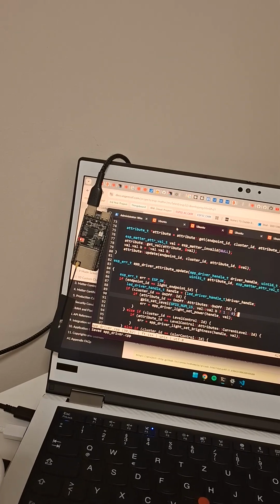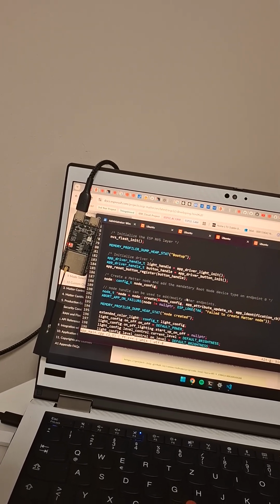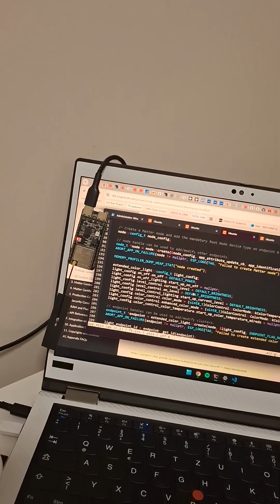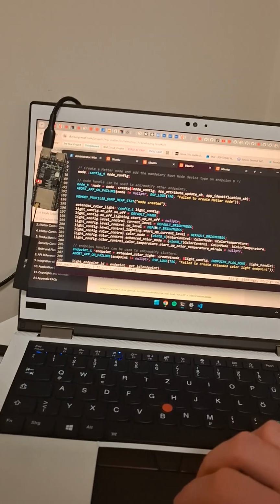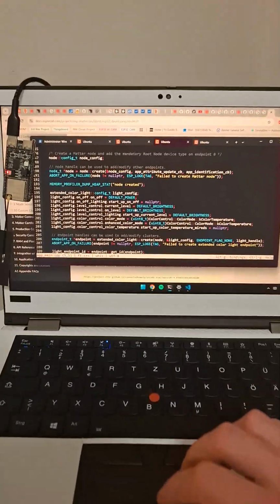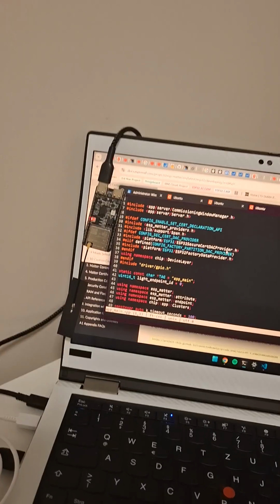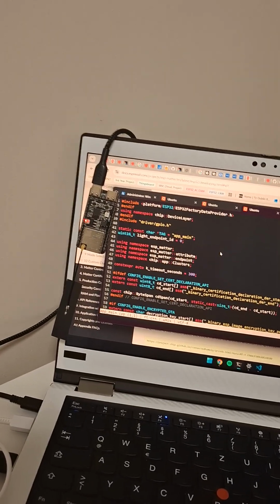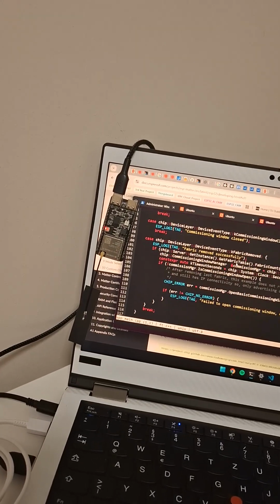So they have a main app.cpp. I just defined the LED that I want to actually turn on, because the default is the built-in LED, which is also RGB, and I don't have that. So I just added the driver library, driver/gpio.h, and